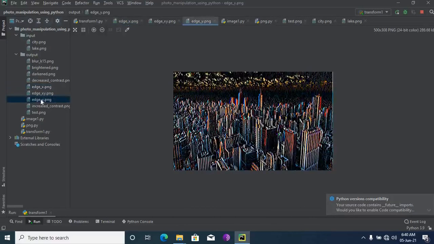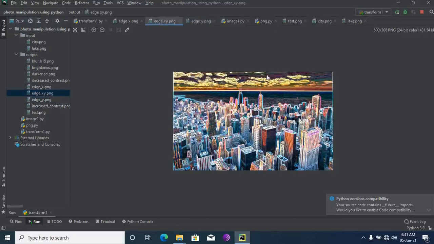Then I'm running it in the Y direction. This is Sobel Y, it detects upwards. Now I'm combining edge X and edge Y. It appears like this, colorful, right? This is the combination of Sobel X and Sobel Y. This way you can detect the edges.